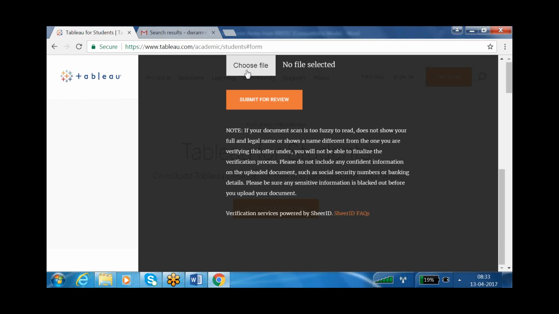Now what is next? It is asking to choose the file. What file? Your ID card. Then you click on submit for review. Mostly it will say 2 or 3 business days, but mostly within an hour you'll get the key. Once you got the key, what you're supposed to do is,